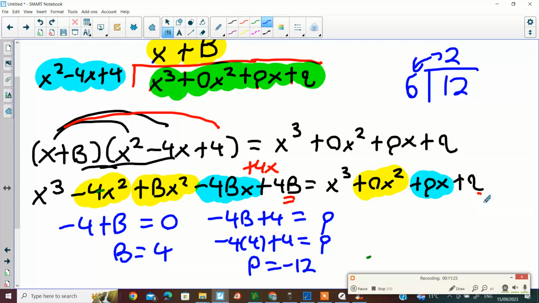Okay. Now, what about Q? Q is 4 times B, and Q is 4 times. And Q is